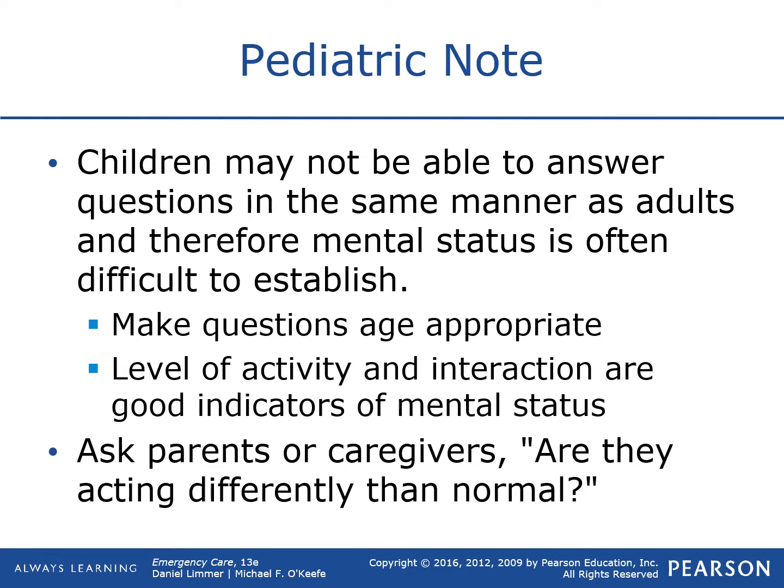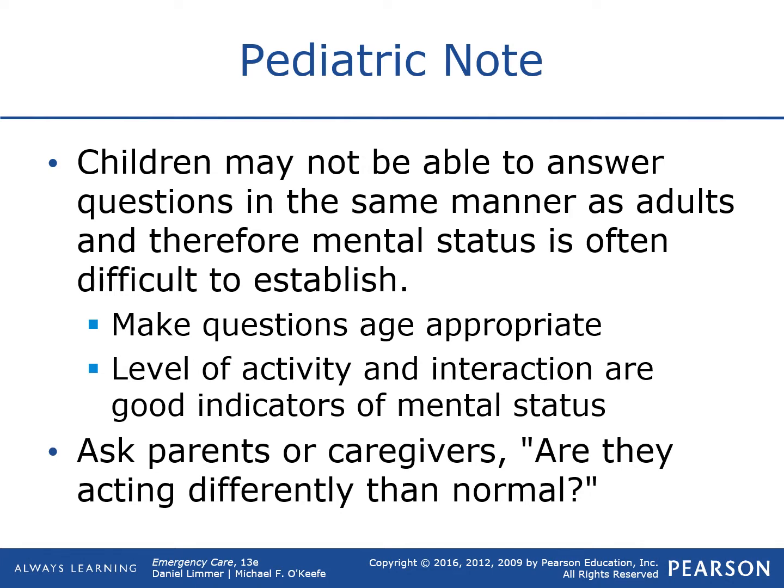They might be very interactive, but look at them compared to what a normal 4-year-old might do around us, or a normal 2-year-old or 3-year-old. They should either be very happy to see us and want to play with us, or they might be very scared. But if they don't really show any interest in the fact that we're there, so we walk up to them and they don't really change their mood at all, that might be an indication of